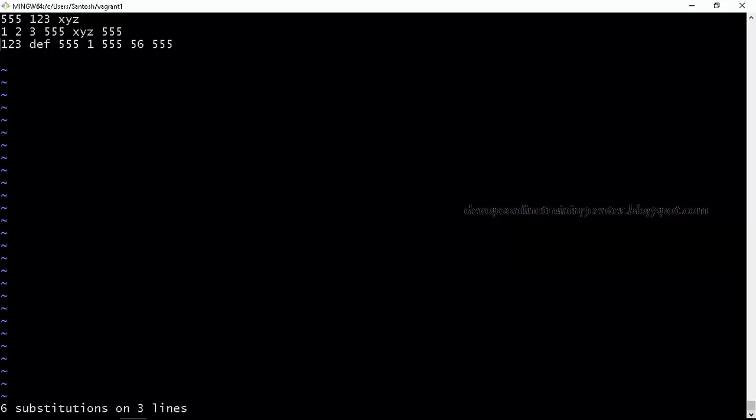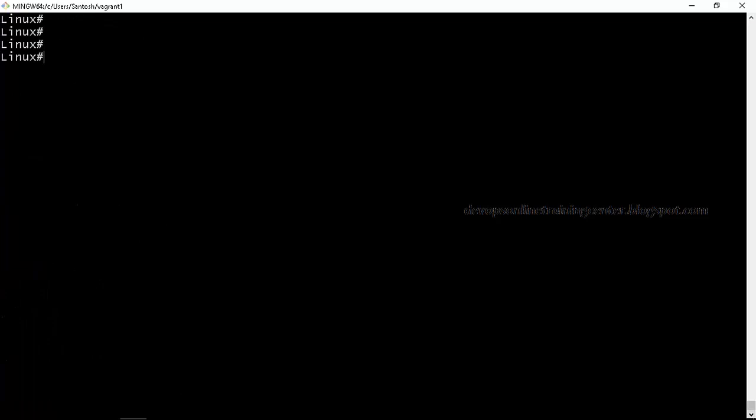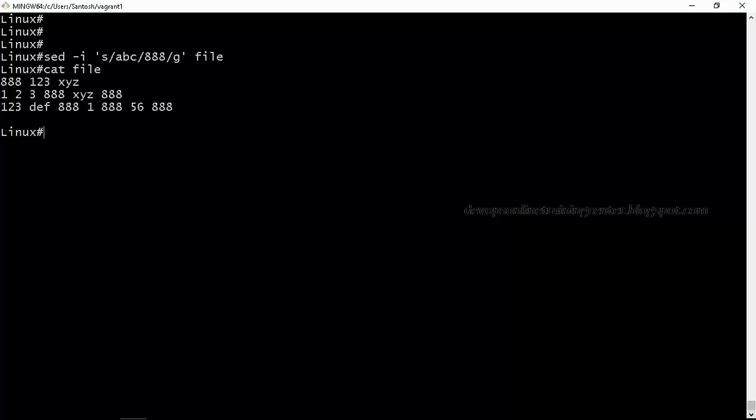And inside a VI editor, we can press escape U, which is something like control Z. It will modify the contents back to the original, right? Escape U. But once you do it on the command line using sed -i, there is no way to get back. If you do this, that's all, the file will be changed and there is no way to get back.